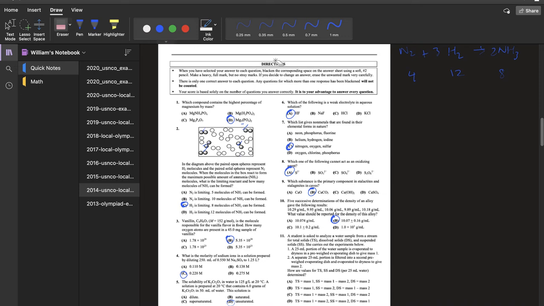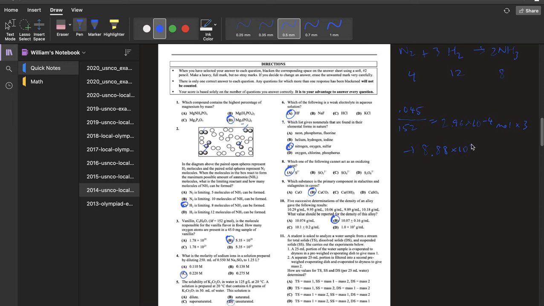So we have this compound vanillin, and we have a known mass of vanillin, and we just want to find out how many oxygen atoms are in that known mass. So the first thing we're going to do is convert this mass to a mole value. So 45 milligrams is the same thing as 0.045 grams. And then we're going to divide that by the molar mass, and that's going to get us 2.96 times 10 to the negative 4th moles. And we're going to need to multiply this by 3 because there's 3 oxygen atoms per every molecule of vanillin, and that would get us